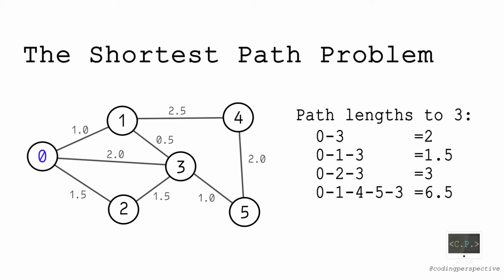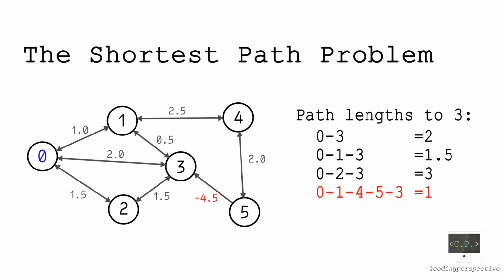Now, let's make the graph directed by giving directions to each edge. For an undirected edge, we have 2 directed edges from one to the other. Let's do some modification on the edges. For example, let's remove the edge from node 3 to node 5, and then decrease the weight of the edge from node 5 to node 3 by 5.5 to make it minus 4.5. Notice that the shortest path from node 0 to node 3 becomes 0, 1, 4, 5, and 3 with length of 1. Now, just think for a moment if Dijkstra's algorithm could identify this path as the shortest one from node 0 to node 3.